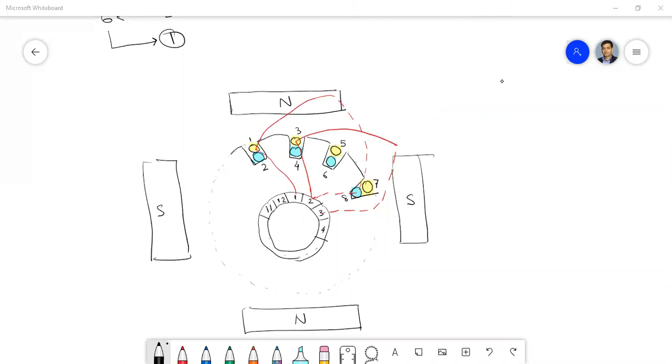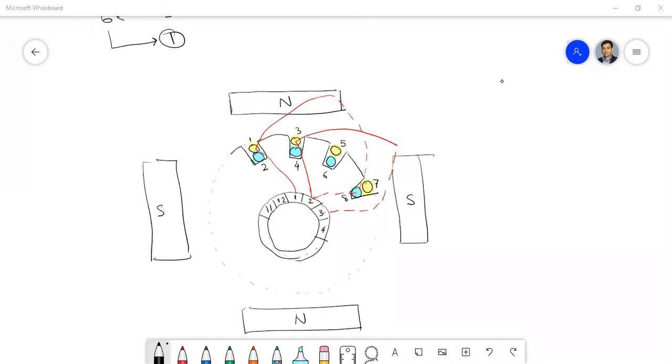Coil lines can be freehand, but they should be parallel, not like me. Because for me it is difficult to draw, so therefore I am drawing like this. Now the current direction you have to consider here, because otherwise you cannot place the brush position.